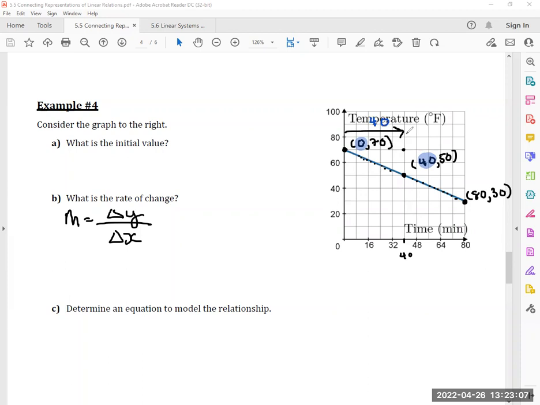Good. Now from here to there, how much did I go down by? 20. So my run is a positive 40, but I went down by negative 20. Exactly. So as long as I have 2 points anywhere, it'll be the same as if I went 1